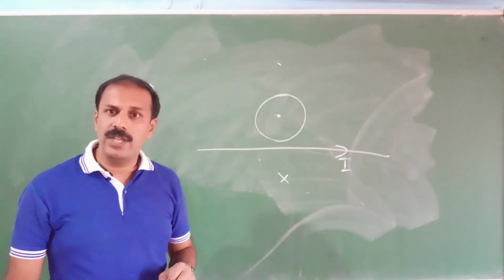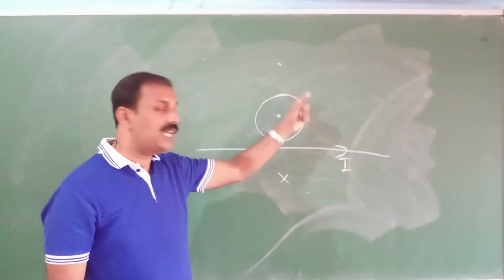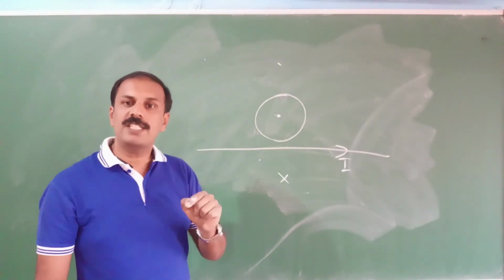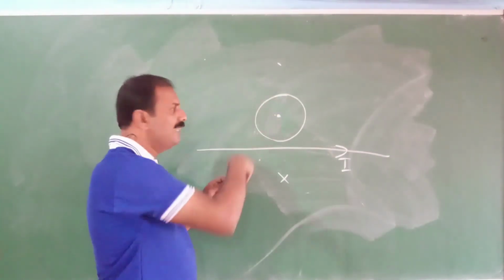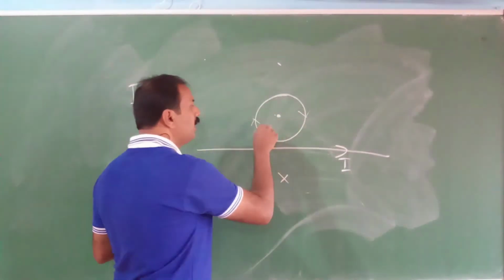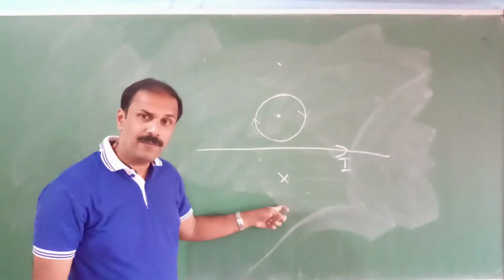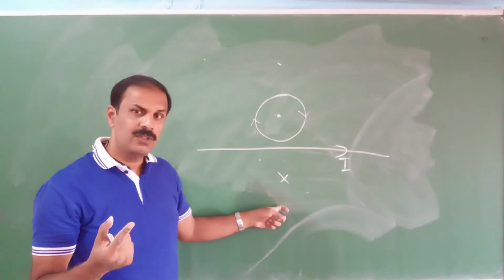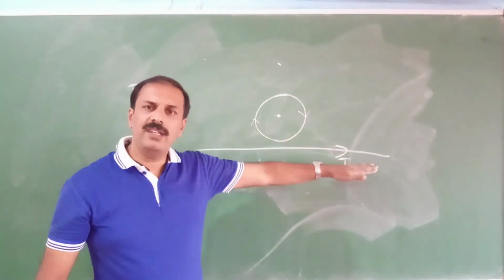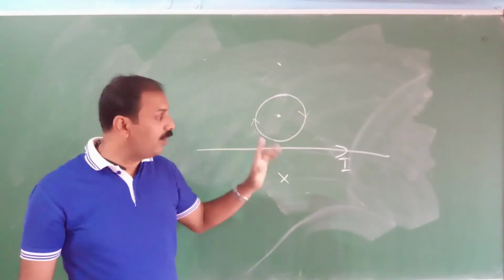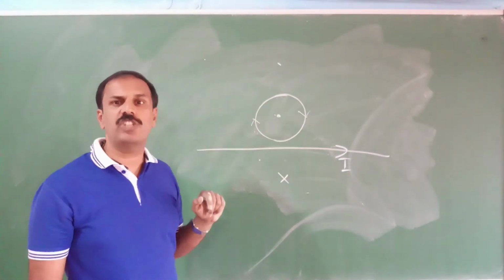So what Lenz's law says, you have to oppose. How to oppose? This circle should produce a current in such a way that it will produce a magnetic field towards that side. So it will be like this. So you will get a clockwise loop. Now same thing, if it is down here, it will change, because here the direction is different. Now same thing, if the current is steady, it will not produce any EMF. Now instead of this increasing current, if it is a decreasing current, then also there will be a change.